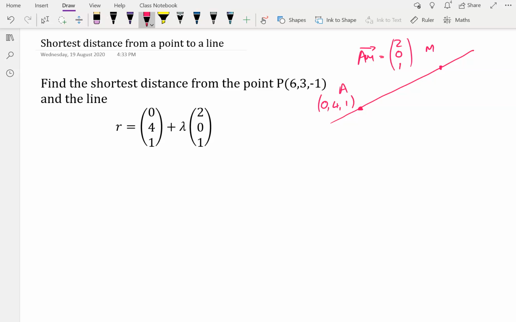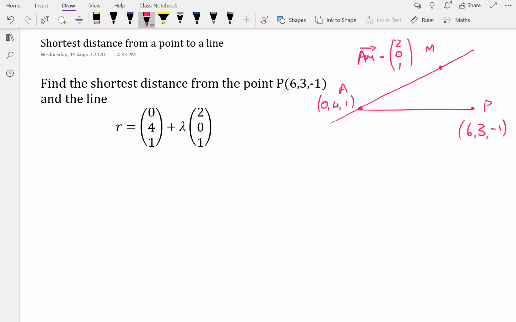I also have some point P that's over here, and P has the coordinates of (6, 3, -1). What I'm going to do is join up a line between A and P,